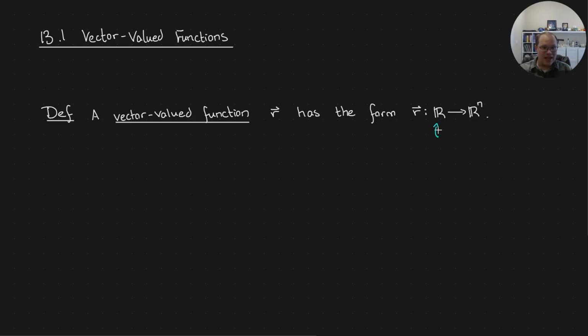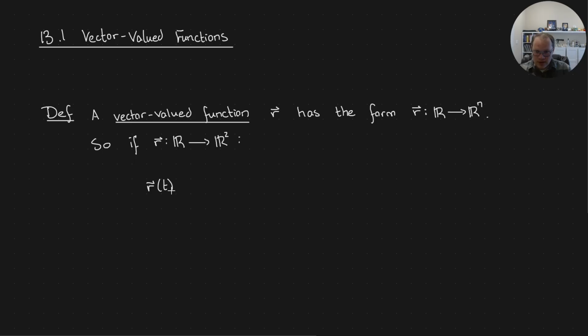Notice it's taking in a scalar value, a single numerical value, and the output is a vector. Now here, n could be any number. 2 or 3 is what we will be dealing with in this class, right? 2-dimensional space, 3-dimensional space. Okay, so what does this look like? So if function R maps something in the real numbers to, say, 2-dimensional space,